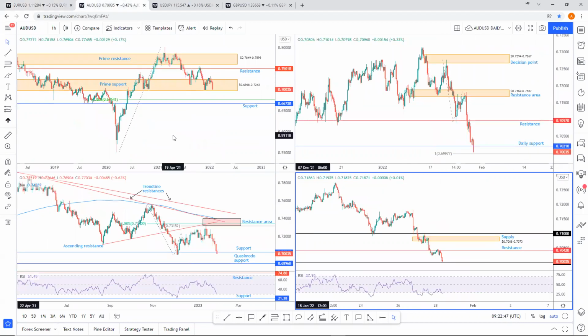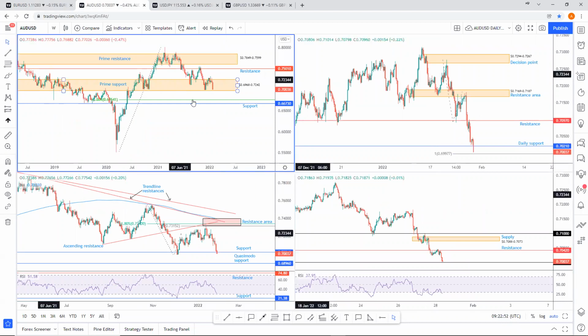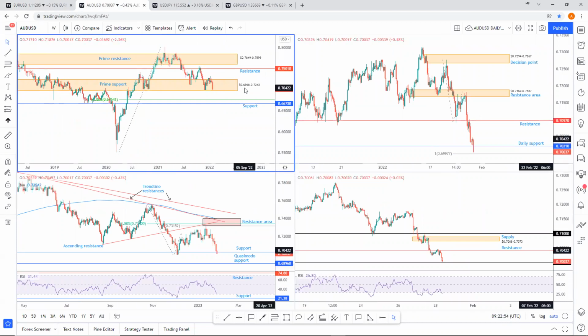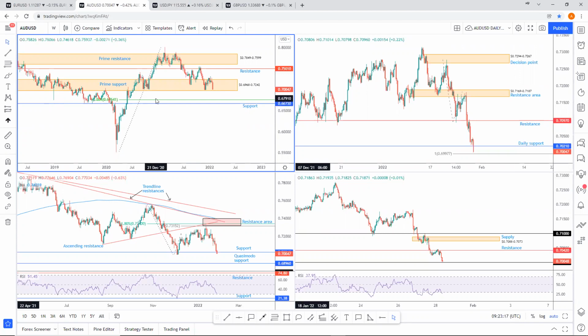Okay, over on the Aussie dollar, again, like the euro dollar, this is the weekly time frame here. Prime support at 69.68, 72.42 is under considerable pressure right now. The Aussie dollar is down nearly 2.5% this week. Very similar to the euro dollar. And look, if we do take out this prime support, do keep an eye on this weekly support at 66.73, which is, as you can see, sharing